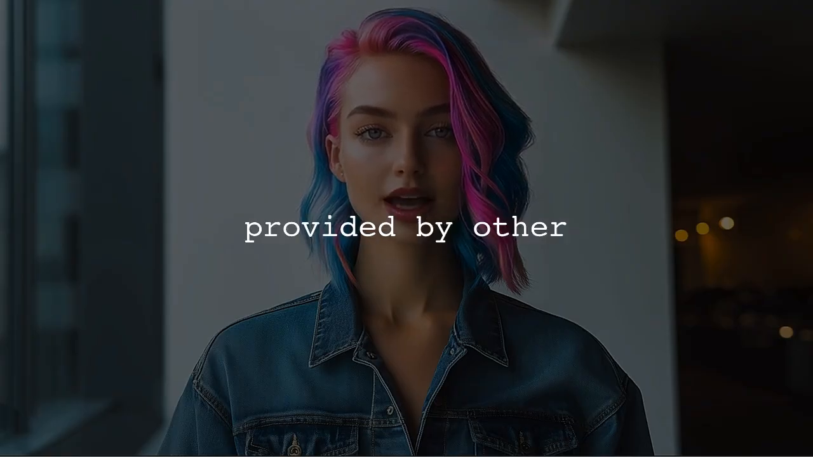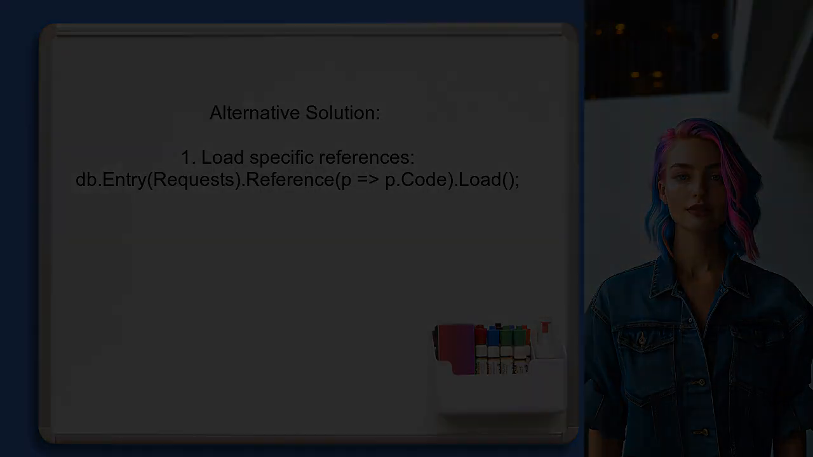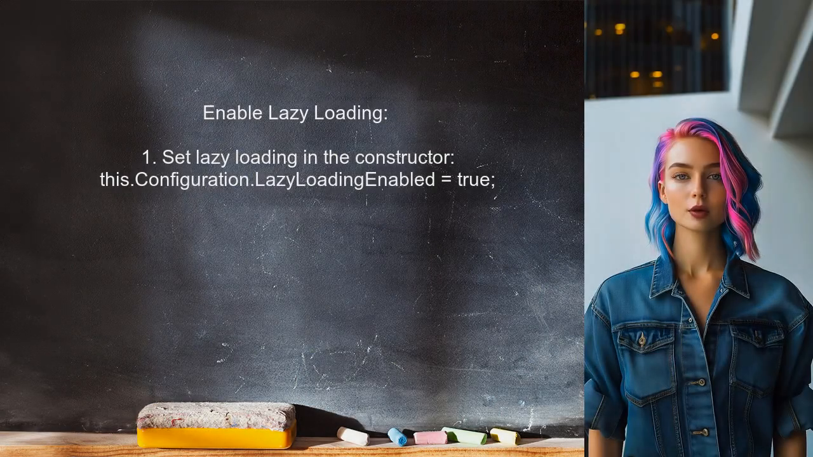Now, let's look at the answers provided by other users. An alternative approach shared by another user involves loading related entities in Entity Framework. They suggest using the Entry method to load specific references like this: db.Entry(requests).Reference(p => p.Code). Additionally, if you want all related entities to load automatically, you can enable lazy loading in your data context constructor by setting this